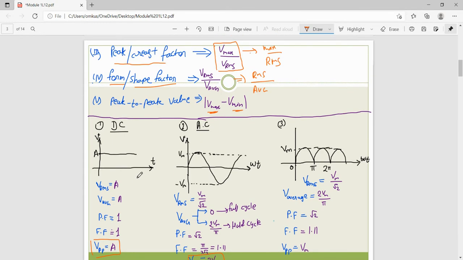Now see, this is a DC waveform. For a DC waveform, the signal looks like that. Once you give the input to the circuit, the direction of that signal does not change because it is a DC, so it is a unidirectional signal. Accordingly, this is a pure DC, so there are no harmonics. That's why all values are equal for this waveform.